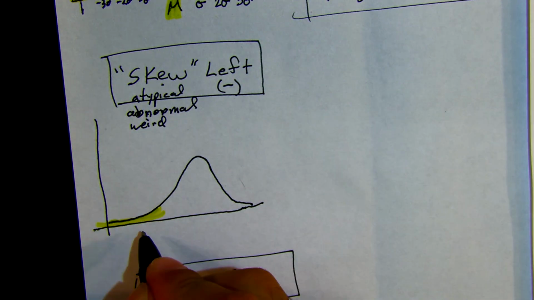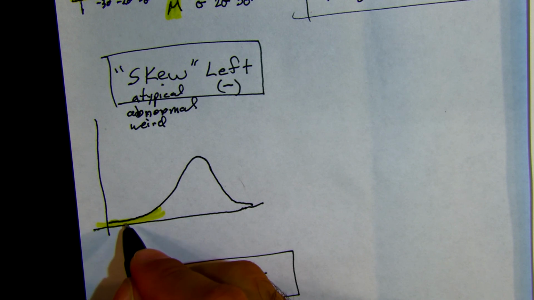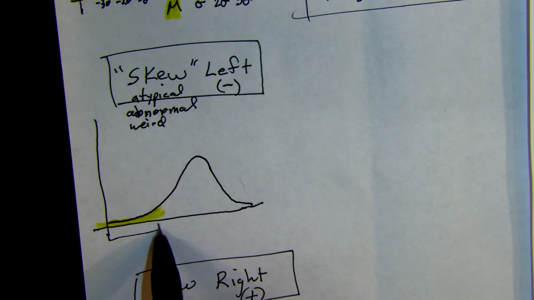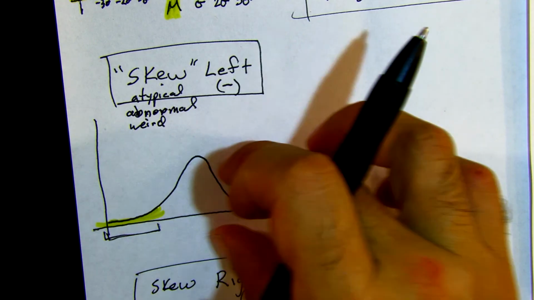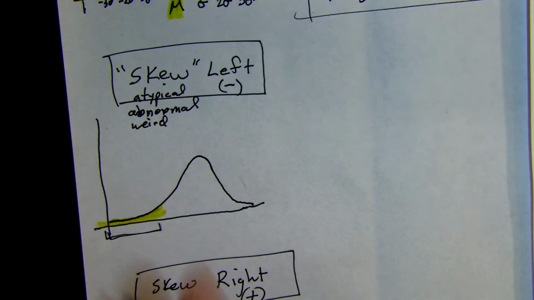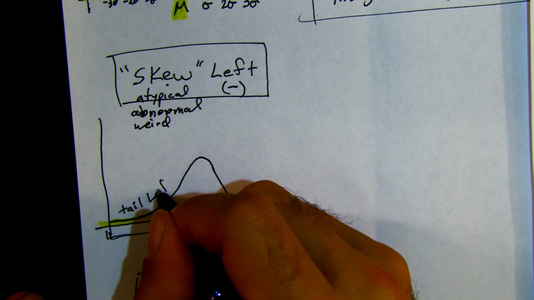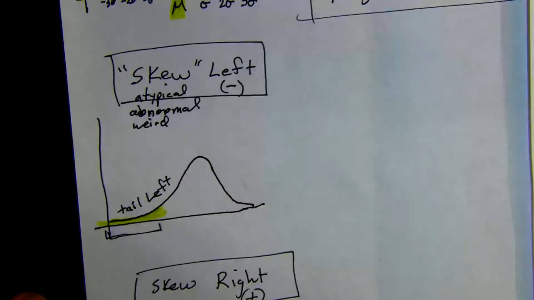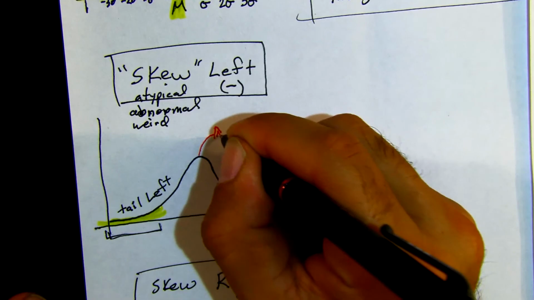Skew left means that, for some reason, there was a bunch of kids that scored 101, 102, 206 on the SAT. They scored really low scores. There were so many kids that scored low SAT scores from this one group that the entire graph is moved over to the right because we had to make room and there were more than there should be over here. This is like a tail, okay? So you could think of it as, it's also called tail left, okay? And if you really wanted to, you could make this your